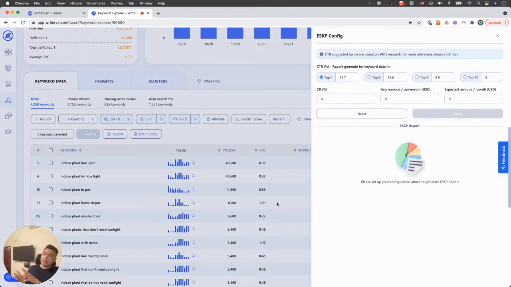So if you click on it, there are a few options. The previous ESKP was basically our own. When we built our own, we just put in assumptions. These are some of the conversion rates. These are the average revenues. So those are the assumptions. But on this update, essentially, you are now able to fill in all